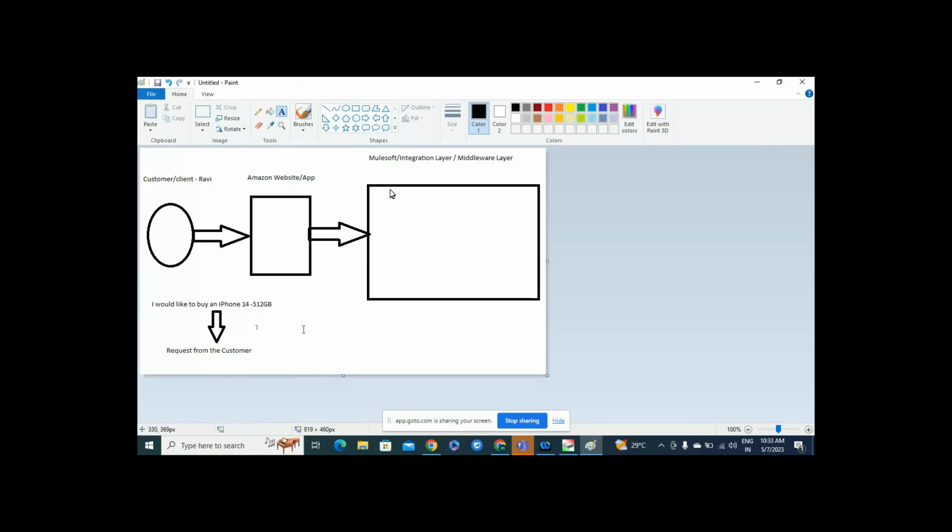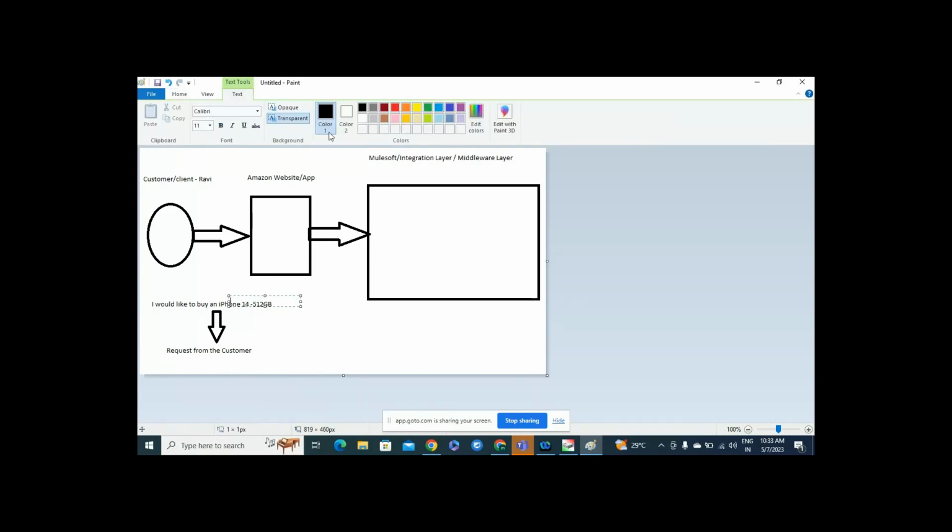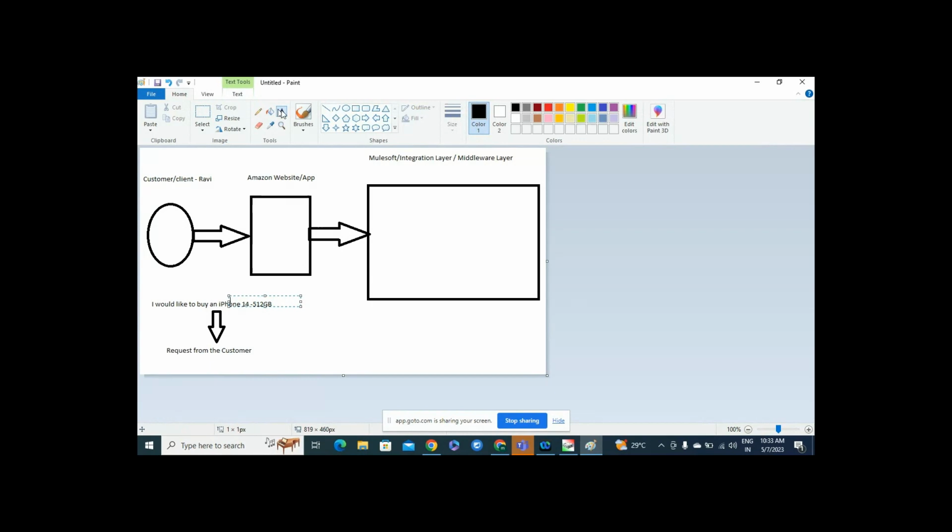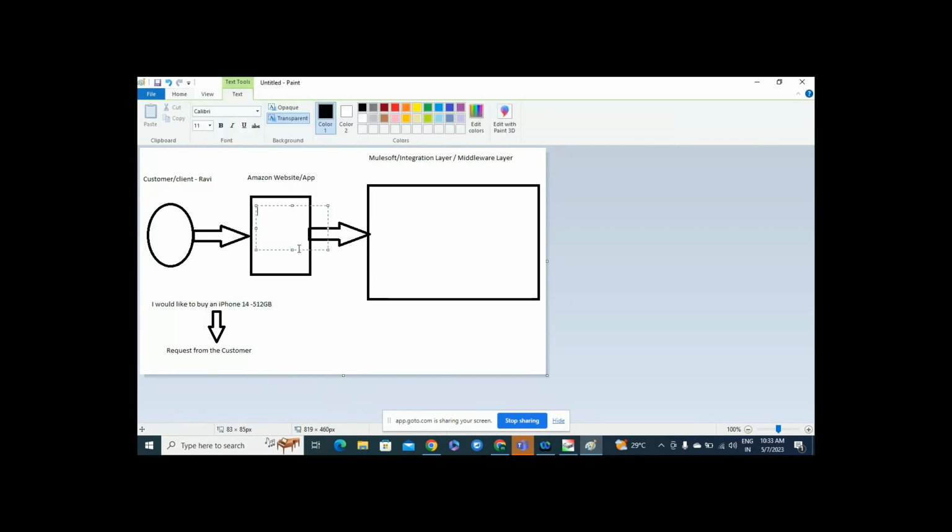So what Amazon will do currently is receive the request from customers.